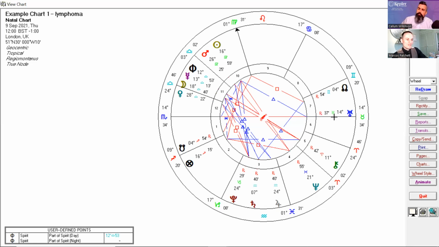And I think this chart is saying something like that to me, and the opposition to Neptune is coming along and dissolving it all in some way. It's like it's hypersensitizing it. Something about that ego identification with work and needing to be really in control of it is causing problems. But as you know, astrology will often say things on several different levels simultaneously. So as well as indicating some of the physical issues in the space, it's also going to indicate some of the